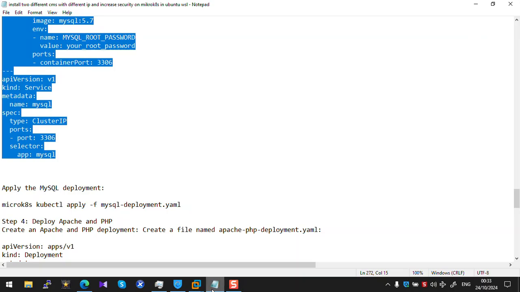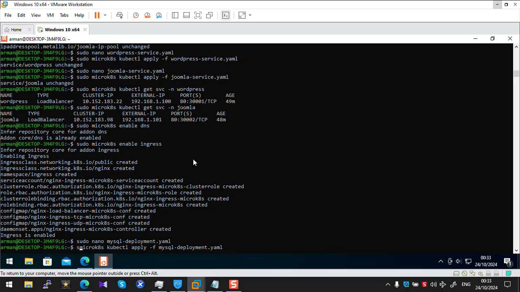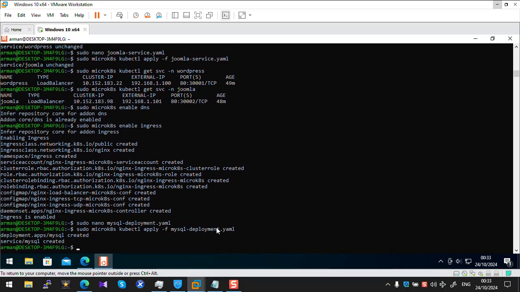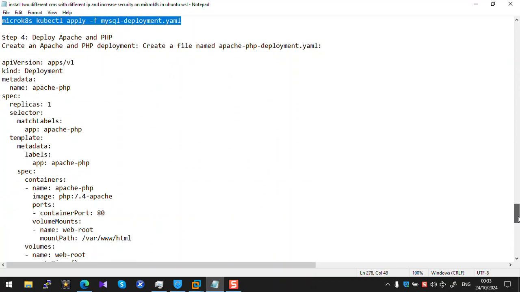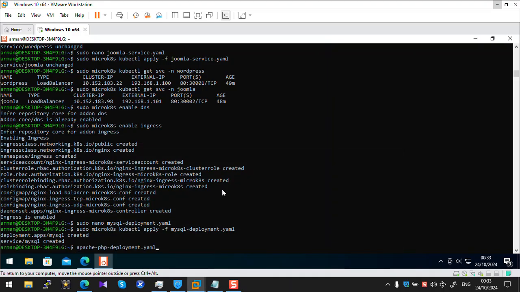Save this, apply the MySQL deployment with this command. After applying MySQL deployment, deploy Apache and PHP. Create Apache and PHP deployment with create Apache PHP deployment file here,